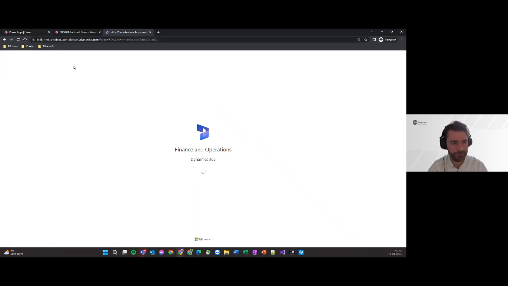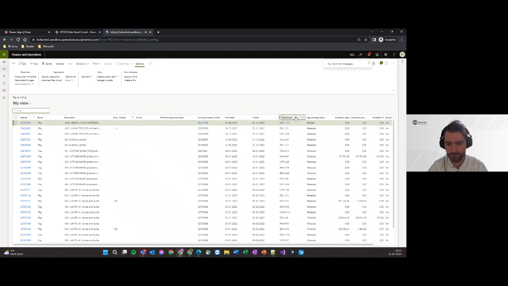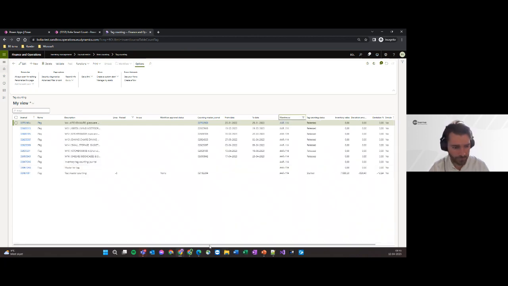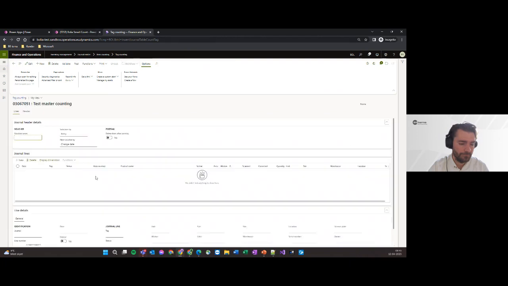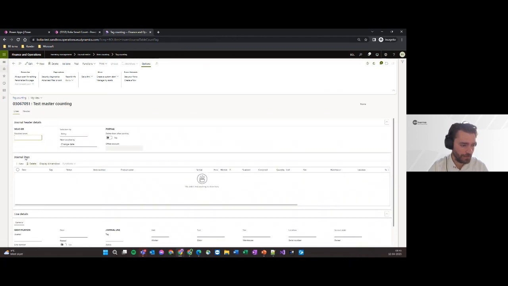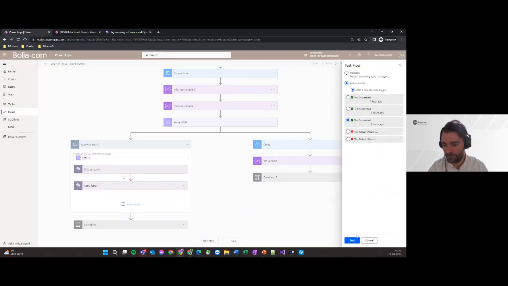Up and running. Just search out the warehouse. So if you look at this journal, that's the journal I'm going to update. Right now it should be empty. So you see I have no journal lines in this journal. So when we run the flow here,